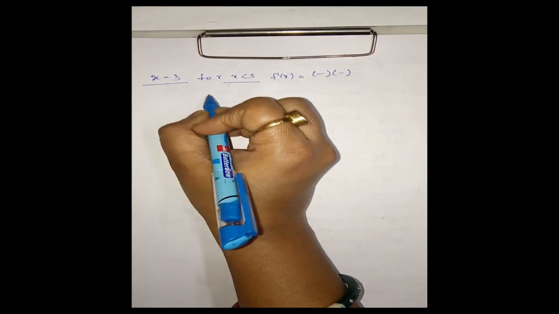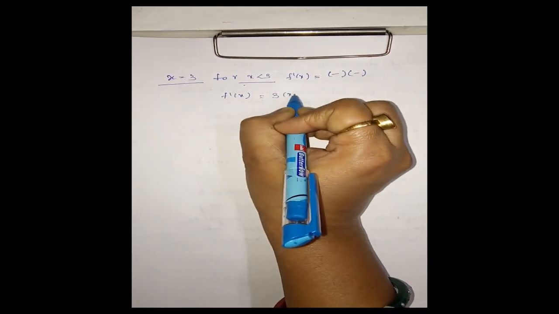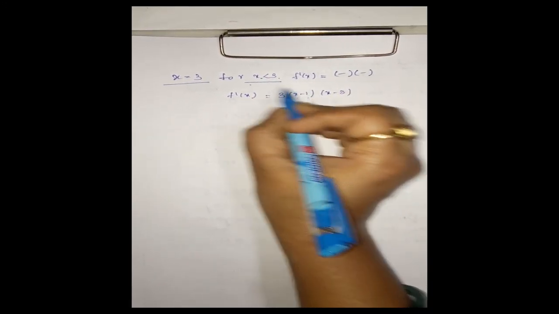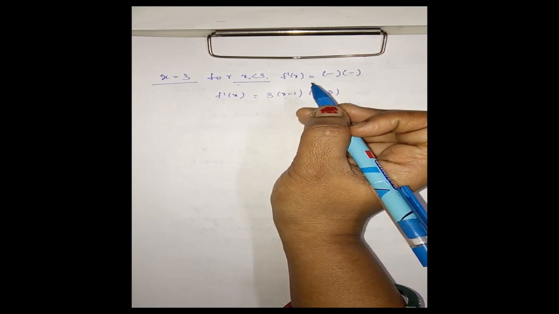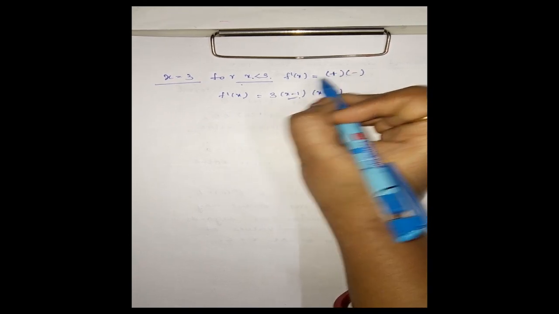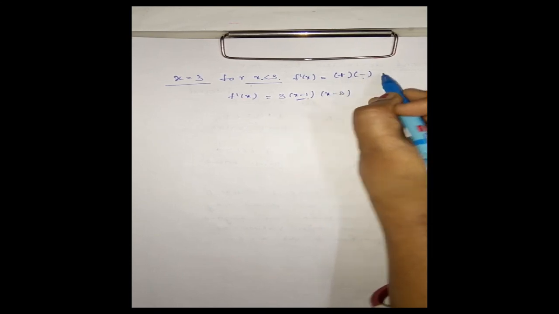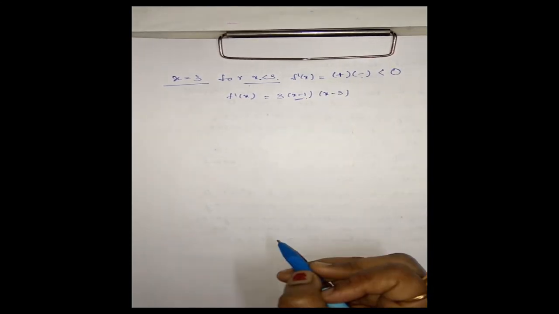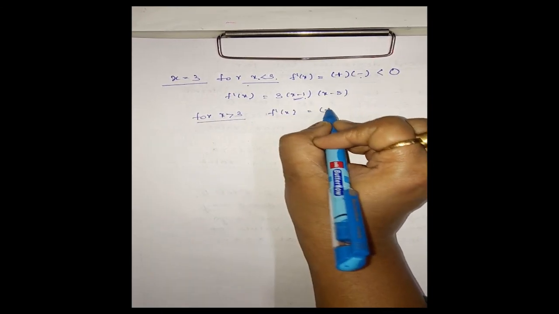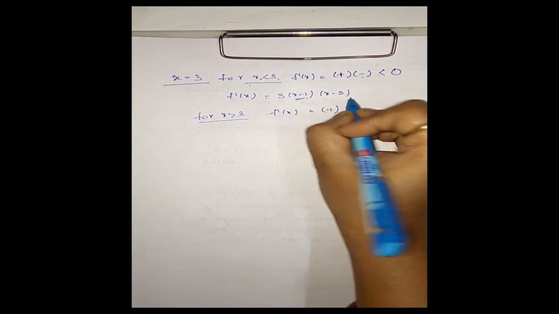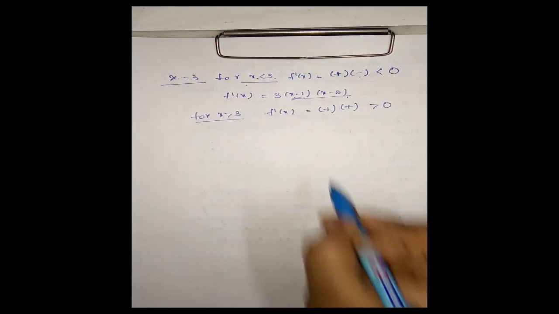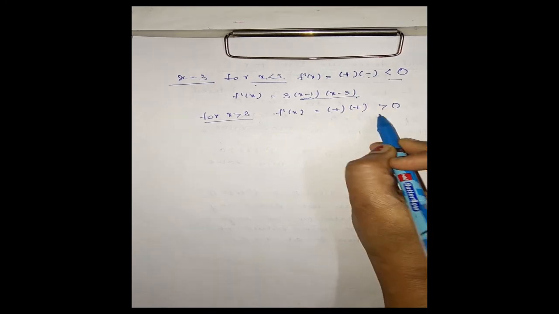Now we have f dash x is 3 into x minus 1 and x minus 3. X is less than 3 but it is more than 1, since we are in the neighborhood of 3, and delta is a very small positive number. Sorry, it is not less than 1, it is more than 1 but less than 3. That means this is less than 0. For x greater than 3, f dash x is, first x minus 1 is positive and x minus 3 will also be positive. That means f dash x changes sign from negative to positive.